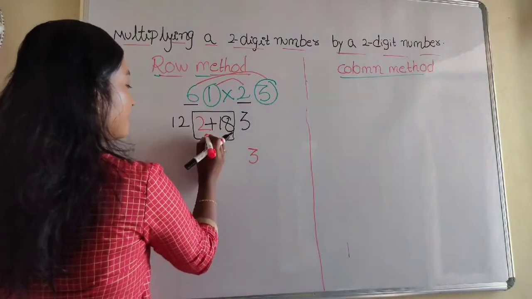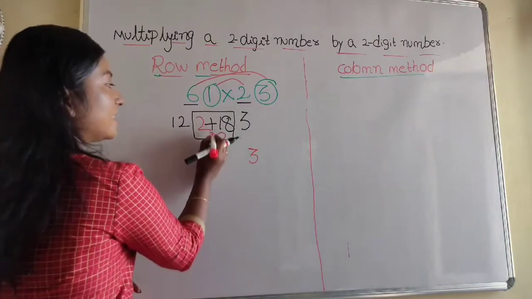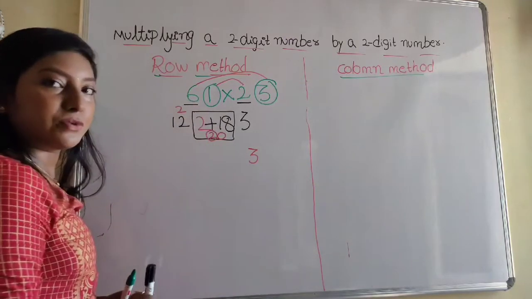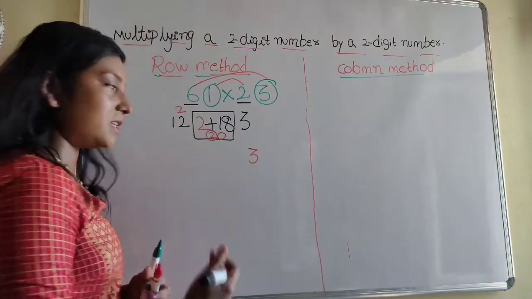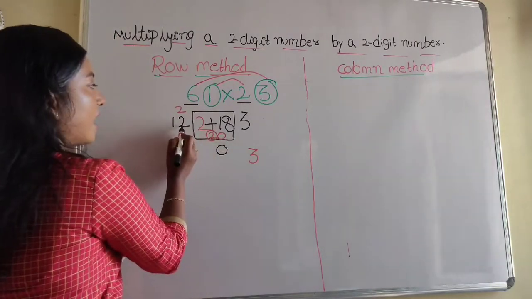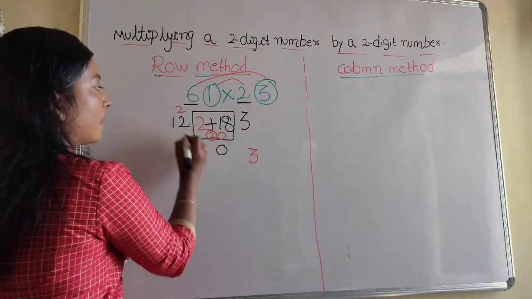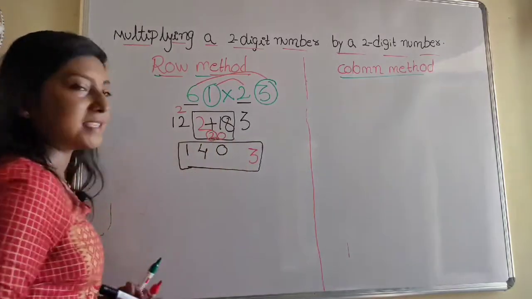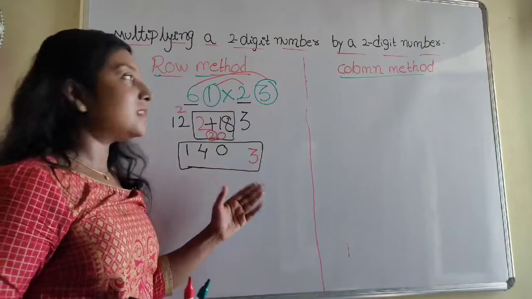So what happens if we get the carryover as 20? Give this carryover to the next digit, 2. So how do we normally do our addition? So 2. Get this 0 down, and 2 plus 2 gives 4, and get this 1 down. 1403 is our answer. So here let us see once again.